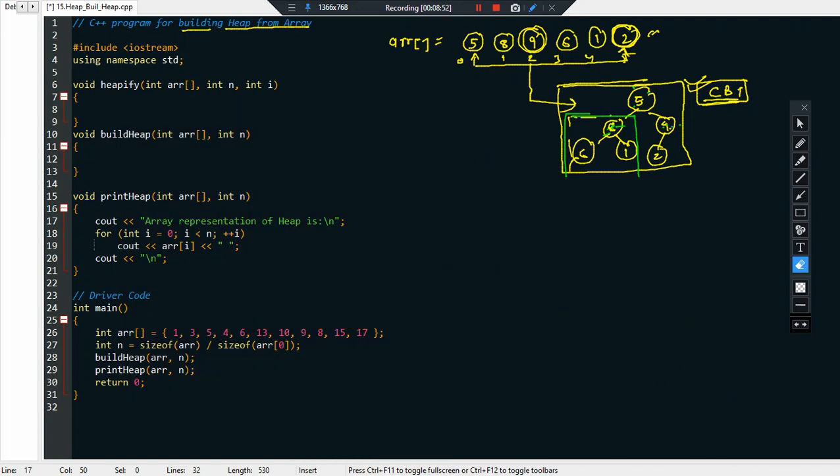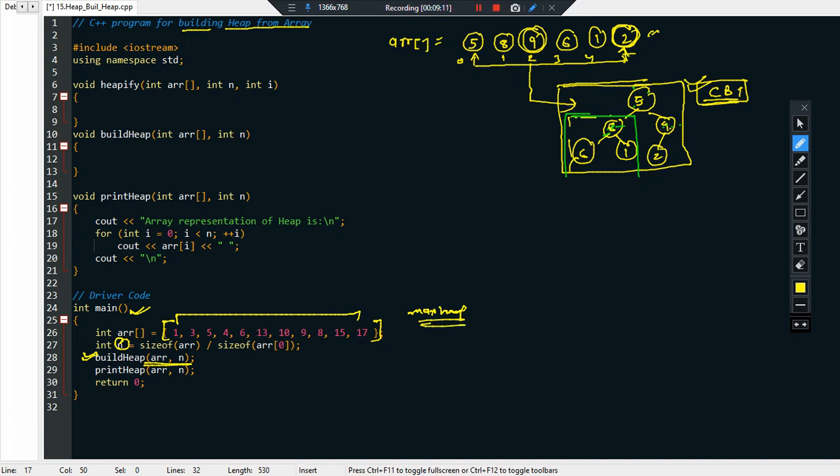So in order to solve this particular problem, first of all you see I have a main function driver code that will give me some array elements, and basically I have the number of elements in the array. Now the build heap function will be called because I want to construct the heap with these elements. Build heap, which heap? Max heap. I want to create a max heap, remember. So first of all I'll call the build heap function.